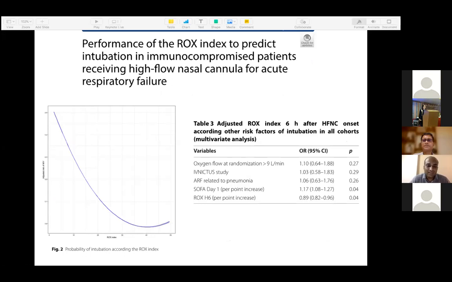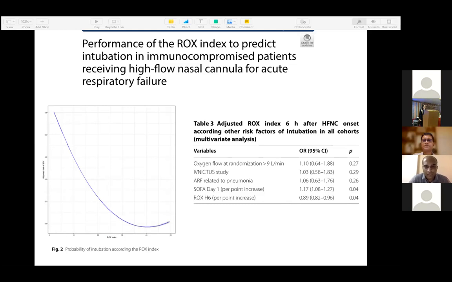As we can see in this graph, if the ROX index is low with continuation of therapy, the chance of HFNC failure and need for intubation is more obvious. But we need to remember this is not a very sensitive tool to pick up HFNC failure. So what I will suggest is that if someone has a persistently low ROX index, even after HFNC therapy, at least they need more intense monitoring